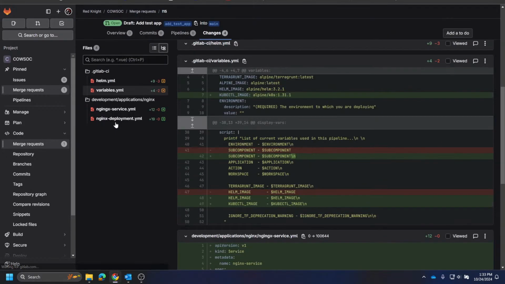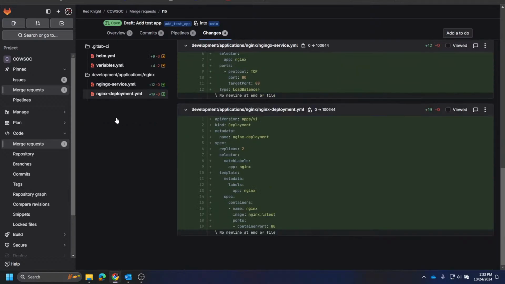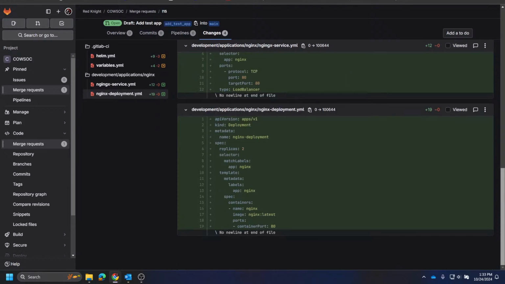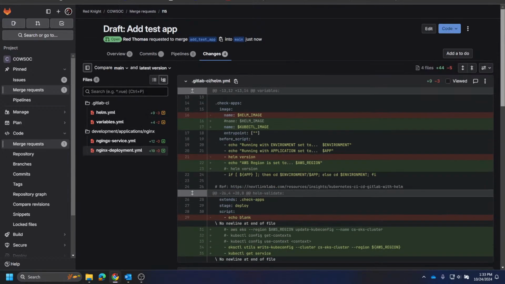So, helm changes, some minor changes there. Hmm. Maybe it's because all these changes, actually, I bet that's why,